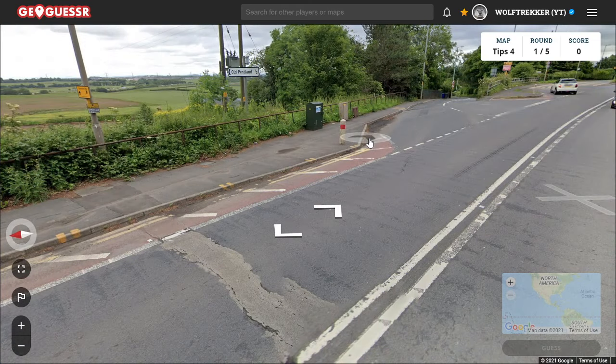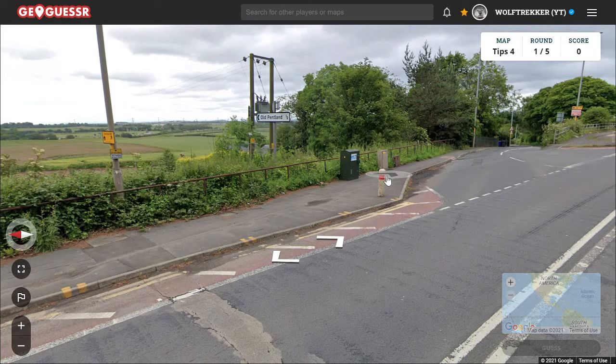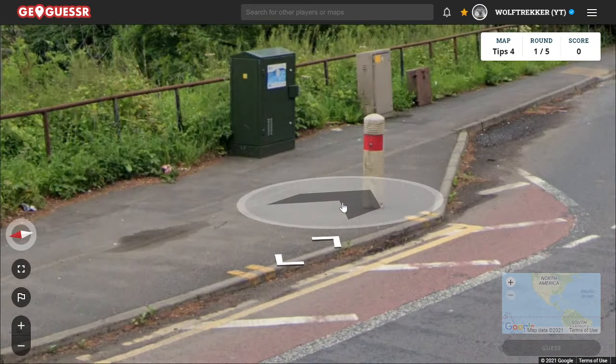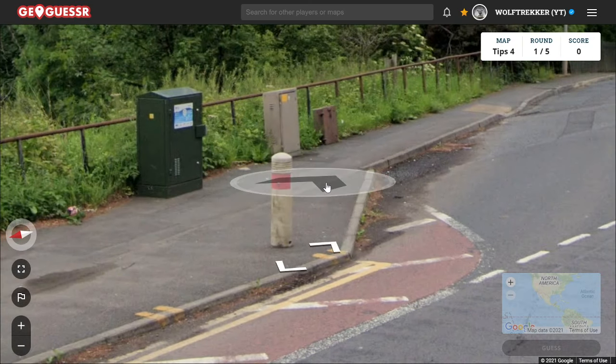So if you see very French-looking bollards, there is a slight chance that you may also be in Scotland. I don't know if they exist in England as well. I've only seen them in Scotland. They may exist in England, not too sure, but